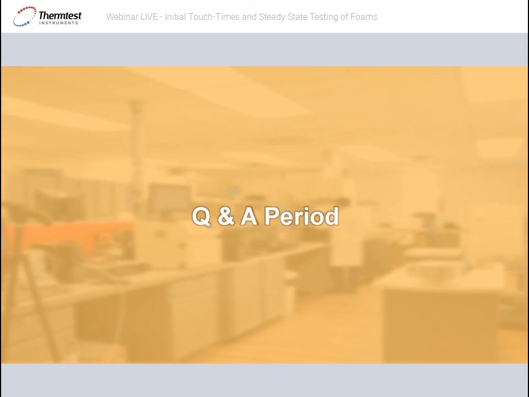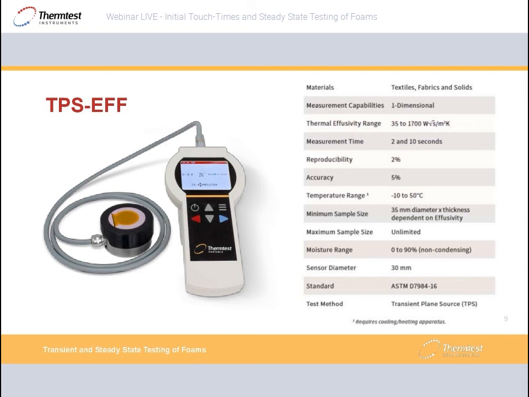Okay, we have a question. How do you know that the TPS EFF complies with the ASTM standard? So that's referring to this instrument here. It says that it complies, the second from the bottom in the properties table there, it says it complies to the ASTM